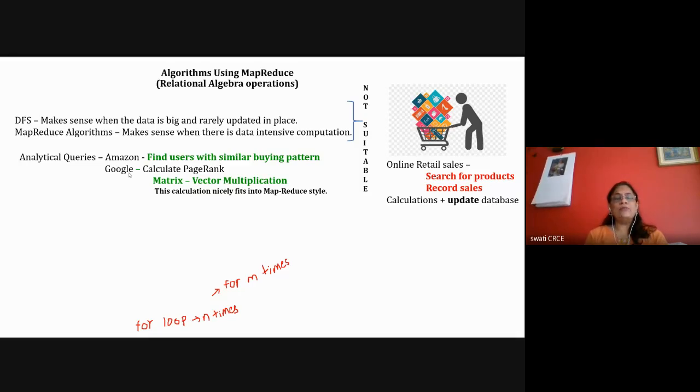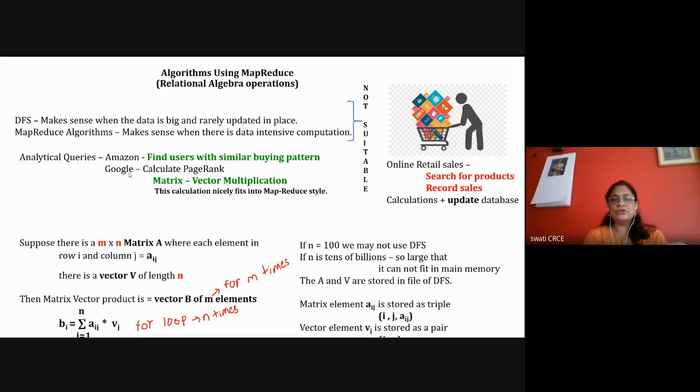Because if you have to perform a matrix vector multiplication for a matrix of 100 rows, then you can manage with a single machine. But if the size of the matrix is huge, with billions or tens of billions of elements, then they cannot fit into the memory, and the resultant matrix is also big, which cannot fit into the memory. So Google came up with this MapReduce technique,